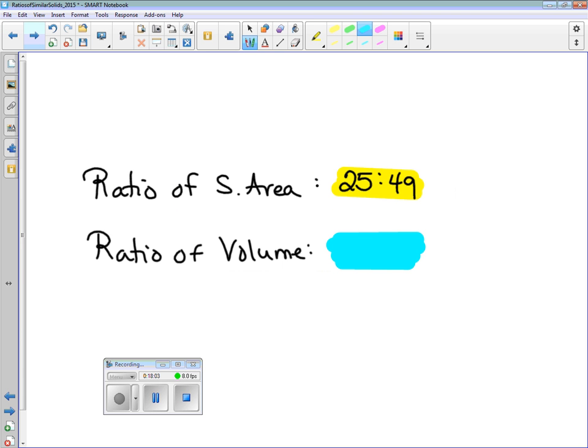What's the square root of 25? Okay? So the ratio of the sides, perimeter can also have the same ratio. It'd be 5 to what? Good, 5 to 7. Excellent. But that's not the question. The question says, what's the ratio of the volume? What would I do to get that? Cube this one, right? So it would be 5 to the third as 7 to the third,